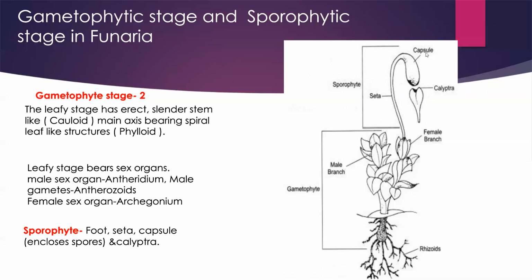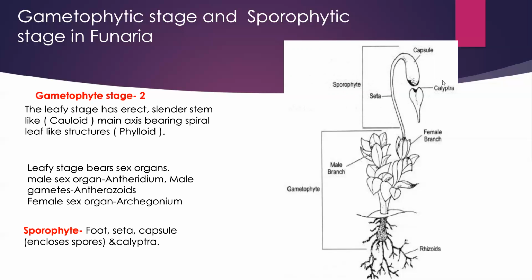This capsule represents the sporophytic phase, and within this capsule spores develop. This capsule is covered with a special lid-like structure, which is called the calyptra,